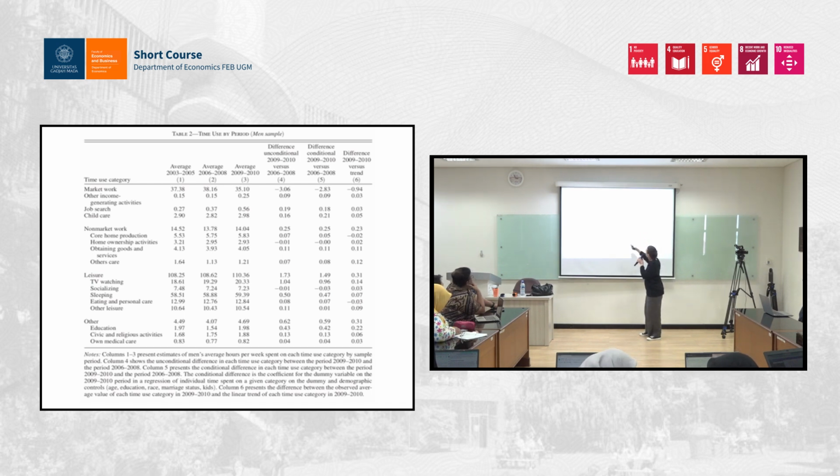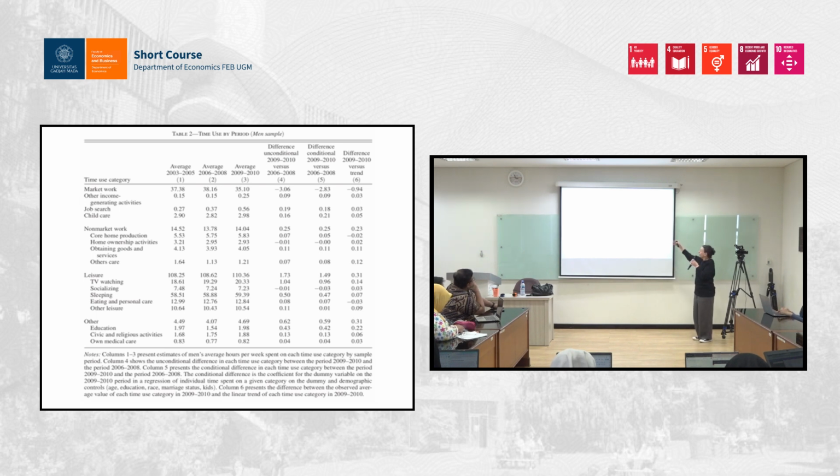Then, if we look at non-market work, which is the first row, we find that there is a decline in household production, but actually there is a 0.25 increase. So the increase in household production in the aggregate statistics is very small, not very large. If we look at leisure time, the increase is 1.5 hours, so it's a bit larger. But